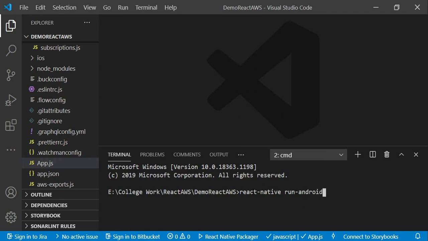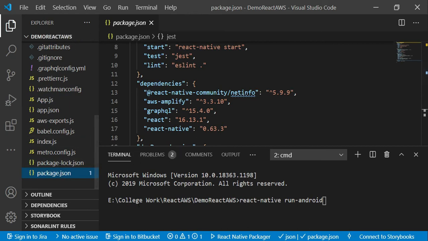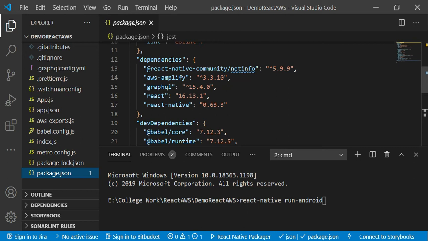Now before execution of this command, I just want to explain one more point. Just open your package.json file. Now in this file under the dependencies category, you have to check for these three dependencies. First one is React Native Community Netinfo, second one is AWS Amplify, and third one is GraphQL.